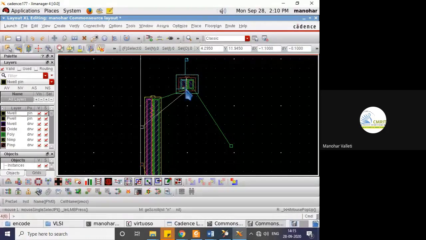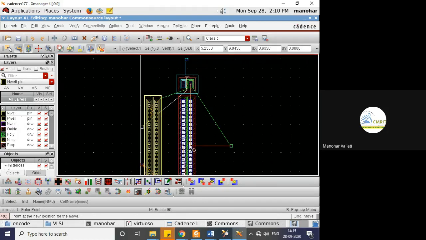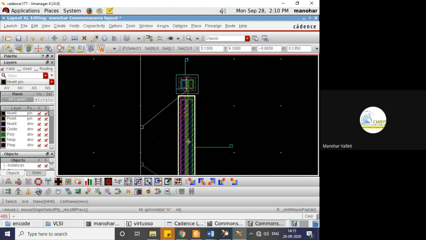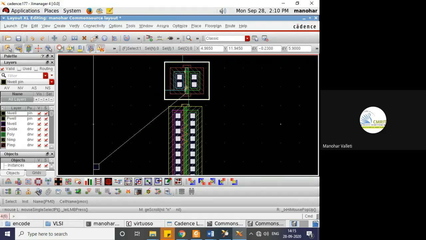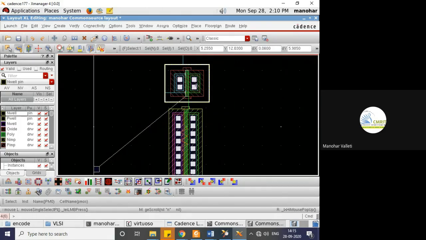Are you able to see here? I already moved the PMOS, but here it is still. And if you zoom in here, you see only three terminals, right?